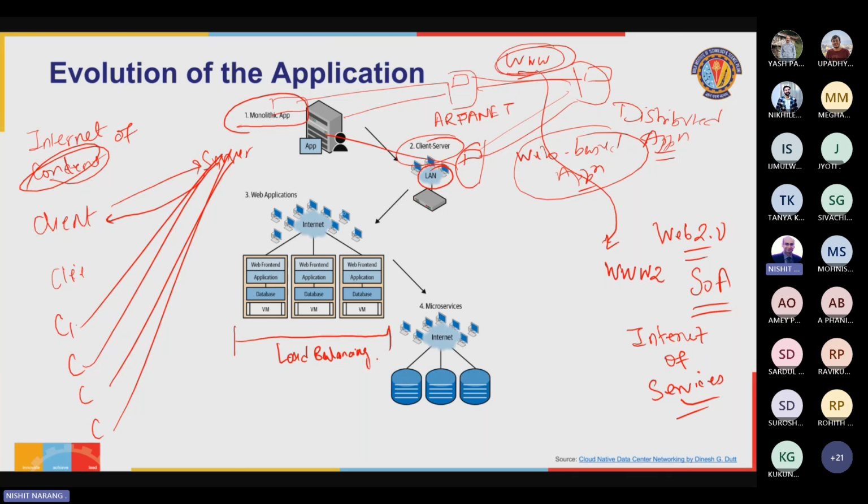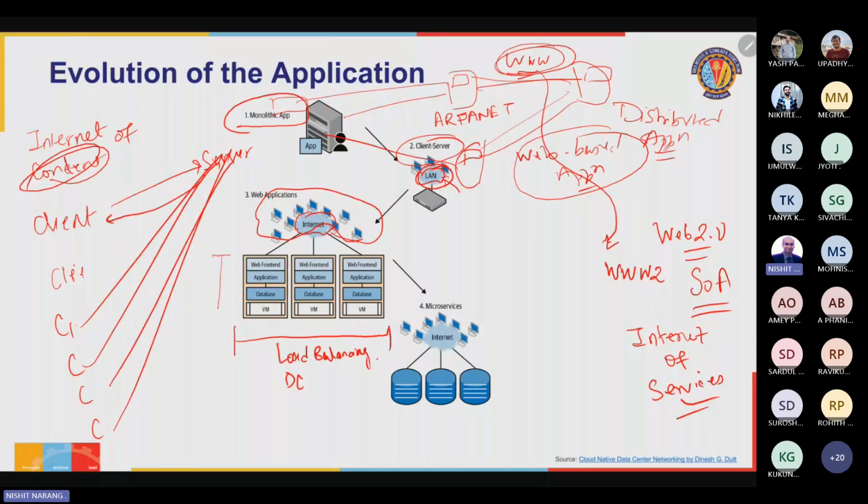You have so many clients. All of these PCs that you see are all clients connected not just over the local area network, but now globally over the internet. Okay? So it's not just within one network that you have a client server architecture. You have clients and servers across the internet, and now these servers are the ones we are talking of in data centers, sitting and providing these services to global clients. So server architectures evolved to more distributed servers. So not only are we talking about distributed applications, but distributed servers, which are sitting on different physical machines